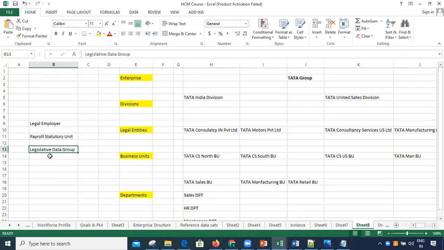The standard components for calculation are already configured, so we call LDGs localized payroll partitions.